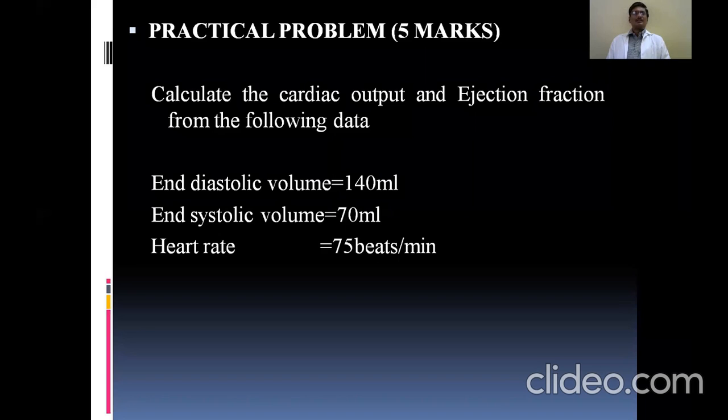So in this case, the end diastolic volume is equal to 140 ml. That is the volume in the ventricles prior to contraction at the end of diastole. During systole, a fraction of it will be ejected or pumped into the arch of aorta, and the remaining volume remains in the ventricle itself. So not all the blood in the ventricles will be pumped into the arch of aorta. The volume which is ejected, we call the stroke volume, which is nothing but end diastolic volume minus end systolic volume.